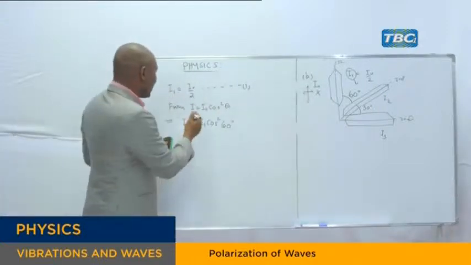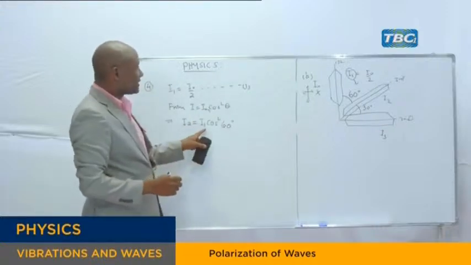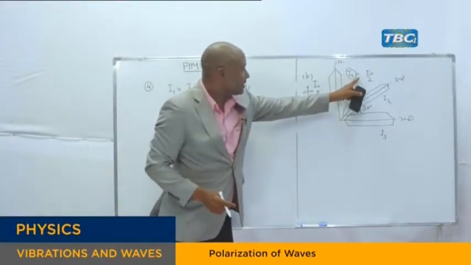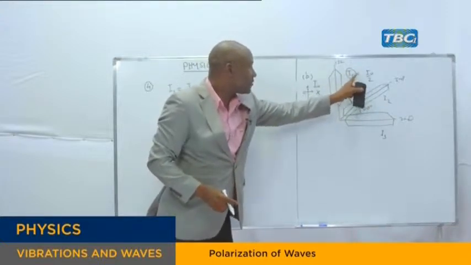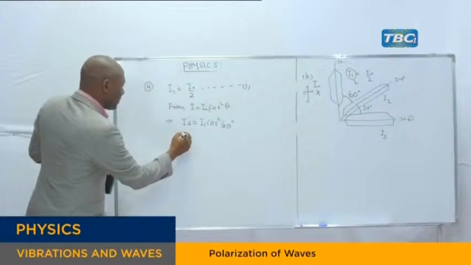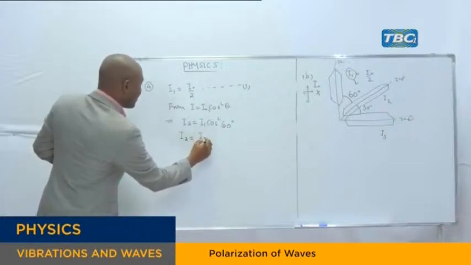Sometimes you can use the maximum. Here the maximum refers to the light intensity which has been produced before coming here, so it is I1. So you have I2 equals I1, which is I naught over 2,